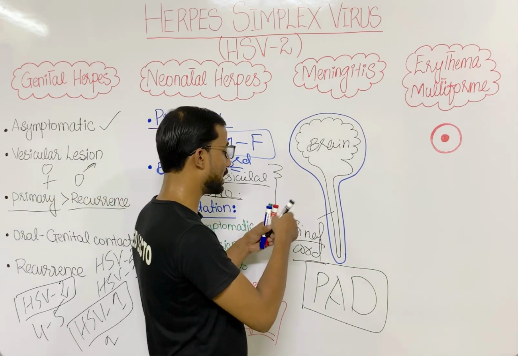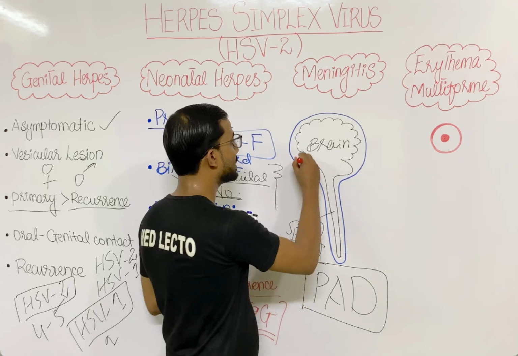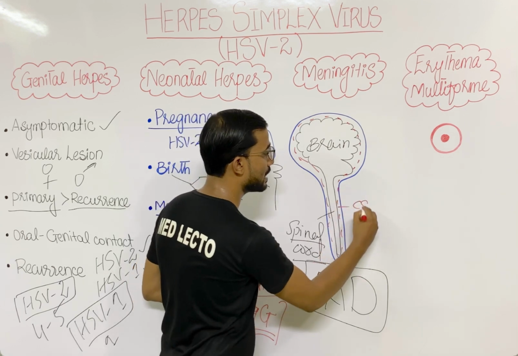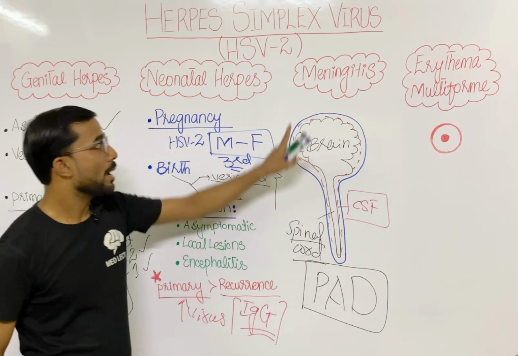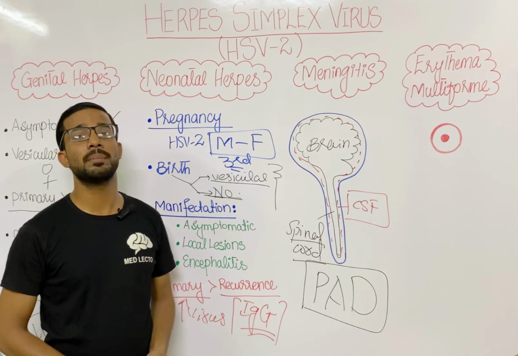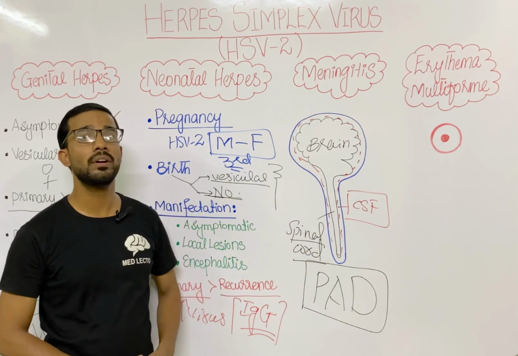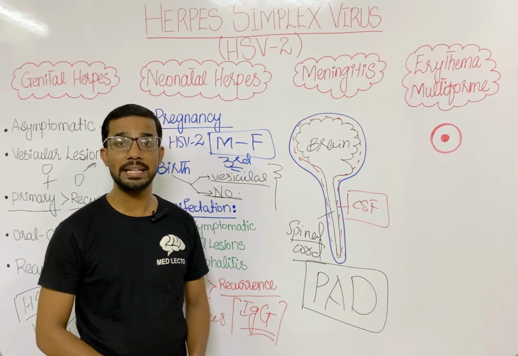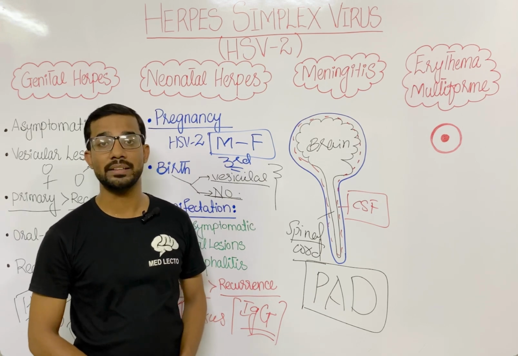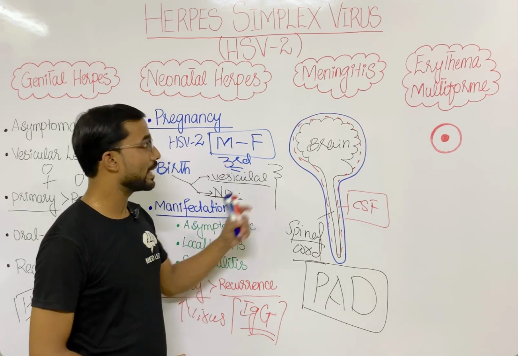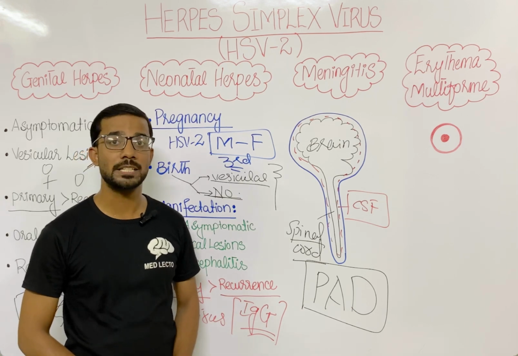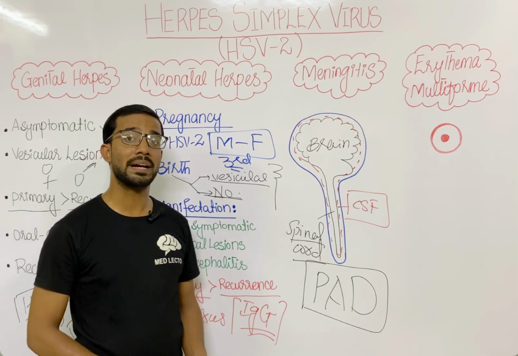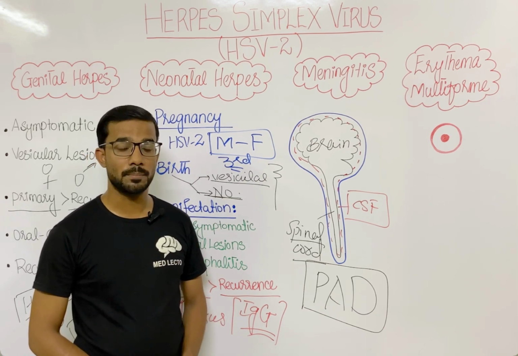And outside you will see the presence of the CSF. CSF surrounds both the brain and the spinal cord. Here is the CSF. Meningitis is basically infection of the meninges, the brain and spinal cord layers. In meningitis, you will see different symptoms like headache, vomiting, stiff neck, and altered mental status. So here is the meningitis caused by herpes simplex virus type 2. But you will never see a positive culture, because bacteria can also cause meningitis,